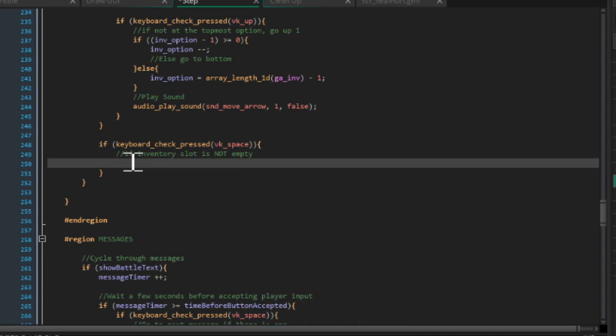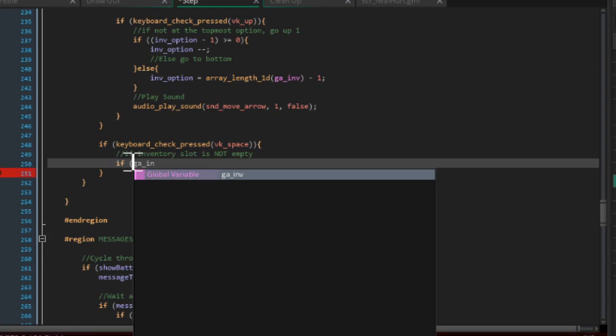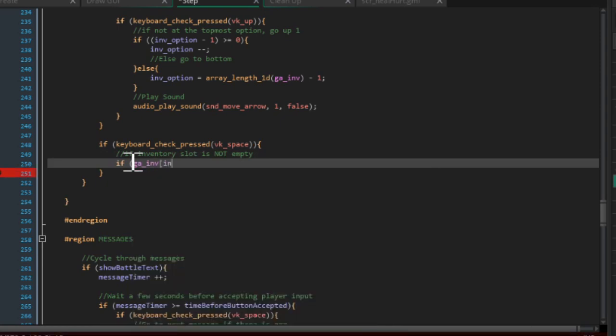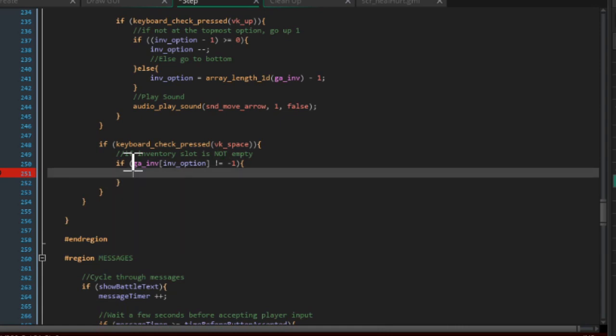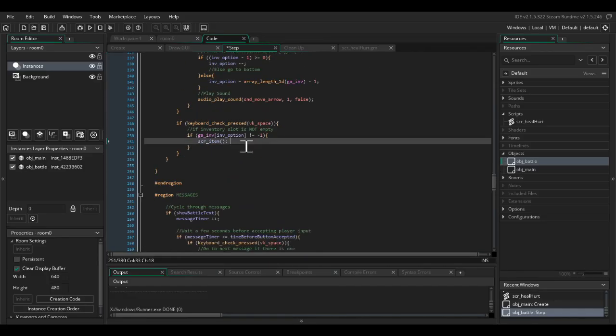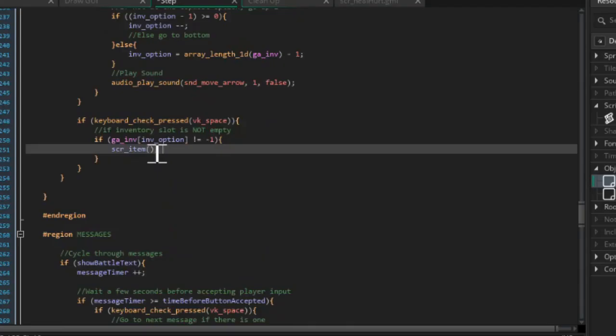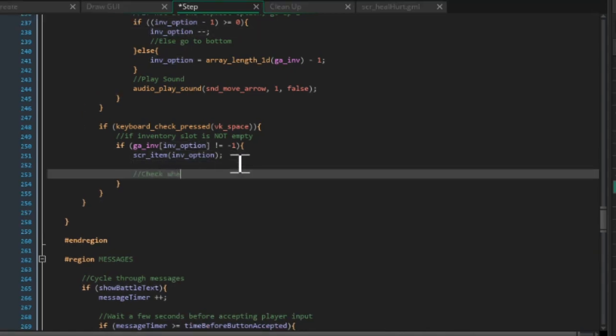So if GA inv, yeah, and then inv option is not equal to -1, so it's not empty, then we're going to do a script item, and we need to check really, item inv option, oops, cool,